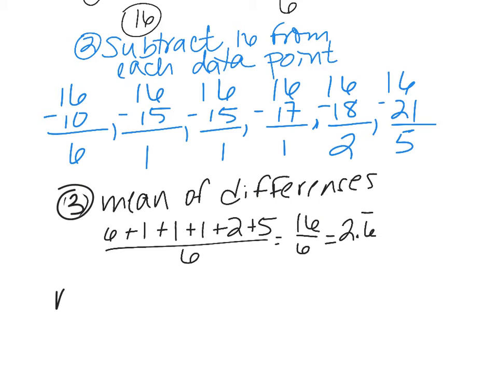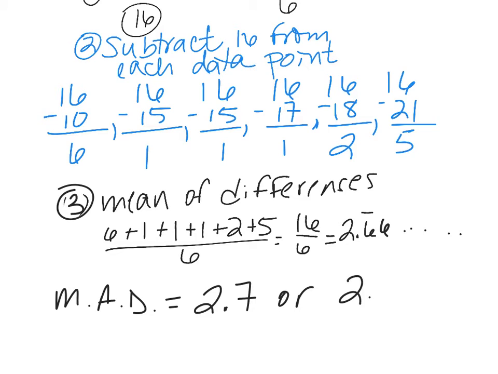All right, so the mean absolute deviation, I'm going to call this 2.7. You're just going to round it because this is 2.6666666, right? So it goes up 1. Okay, and usually they are 1 or sometimes 2 decimal places. They wouldn't use a bar notation. I've not seen that. So you might see an answer choice be 2.67. Okay? All right, let's look at, I think we have another example.